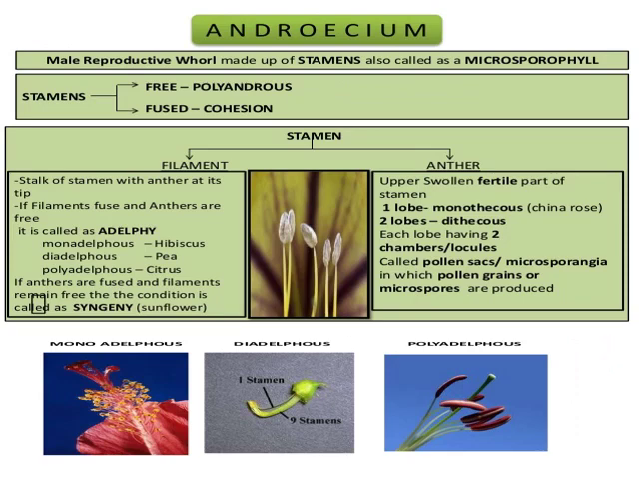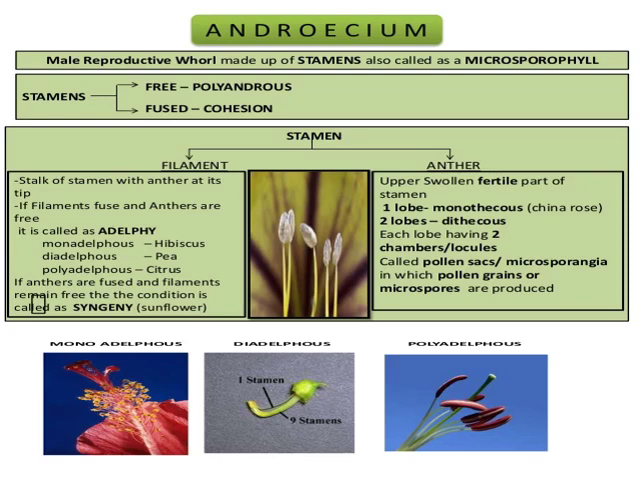Now we discuss the reproductive part of the flower. First we discuss the androecium. The male reproductive whorl is made up of stamens, also called microsporophylls. Stamens are of two forms. One is free, the other one is fused. If the stamens are free, then we call it polyandrous, and if the stamens are fused together, then we call it